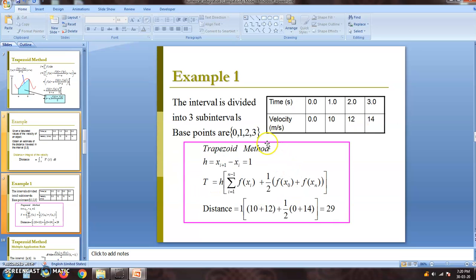Now let us try calculating these using the trapezoidal method. Assuming that this is the starting point and this is the ending point, we can use the trapezoidal formula by taking the first value f of a plus f of b, and we can calculate. Now here this method is used by considering all the data points which are given. But suppose we know only the starting point and the ending point, we can try calculating this